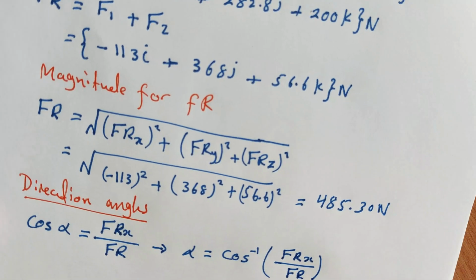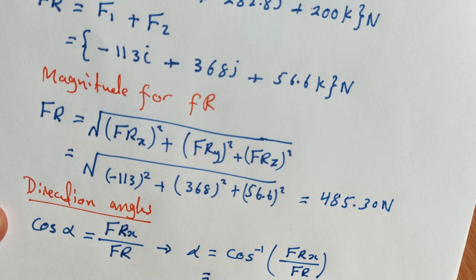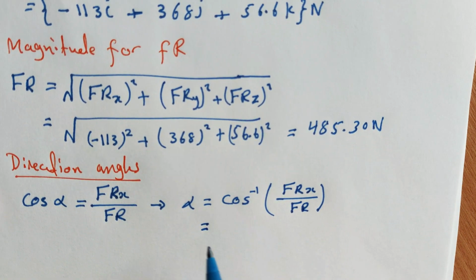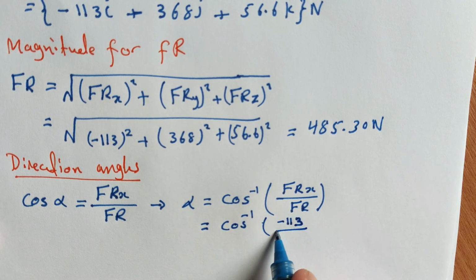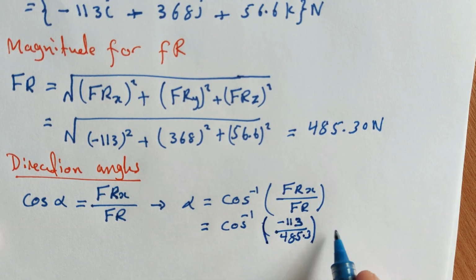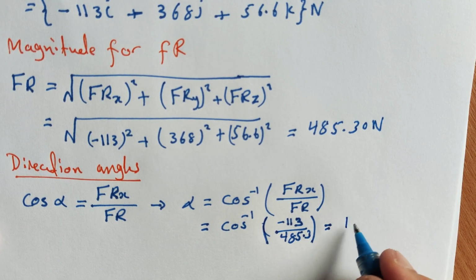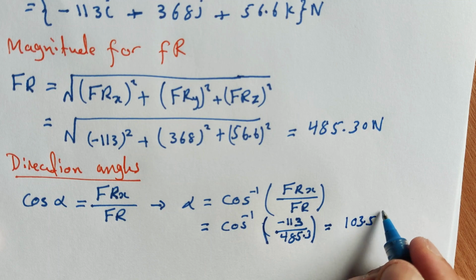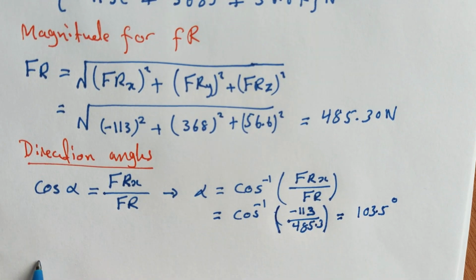Just plug in these values, and alpha should equal cosine inverse of negative 113 divided by FR, which is 485.3, and that will equal 103.5 degrees. We do the same for cos